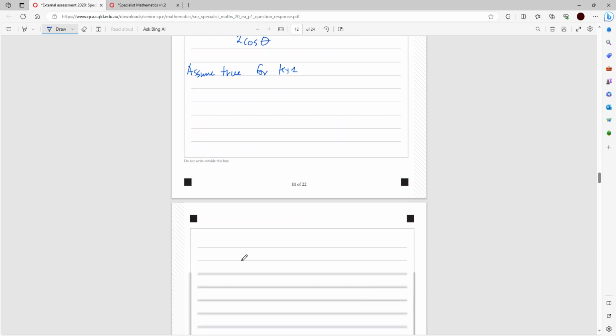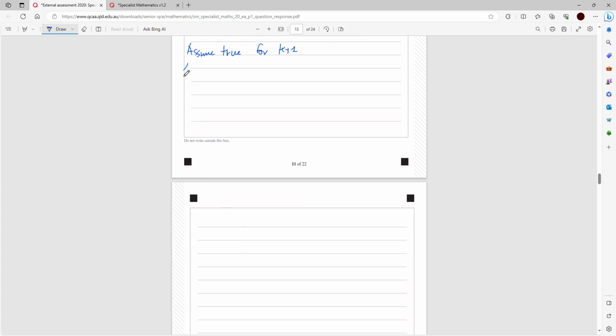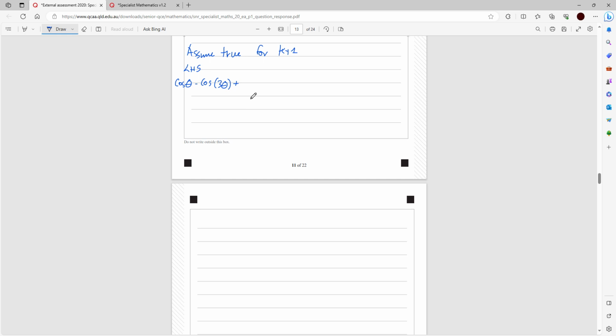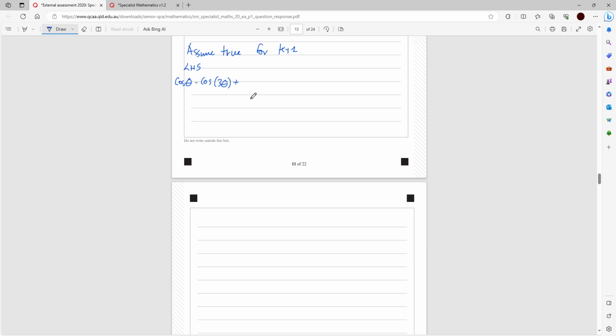Alright, let's scroll down a bit. Okay, so my left hand side, I'm going to have cos theta minus cos 3 theta. If you guys are wondering, I'm just looking off my sheet because I actually did the exam myself before making the video. That way I wouldn't have to constantly scroll back up to the question. And then I marked it myself, so there were bits I got wrong, but now I've got the correct thing pretty much in front of me. Plus cos 5 theta,